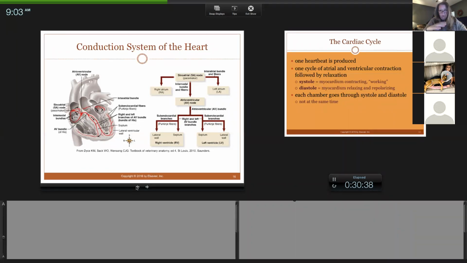You have to always back up an ECG by listening to a heart beating. So I would never monitor an anesthetized animal just by looking at the EKG and assuming that my patient is alive. You have to at least feel a pulse somewhere, and you have to at least hear a heartbeat.